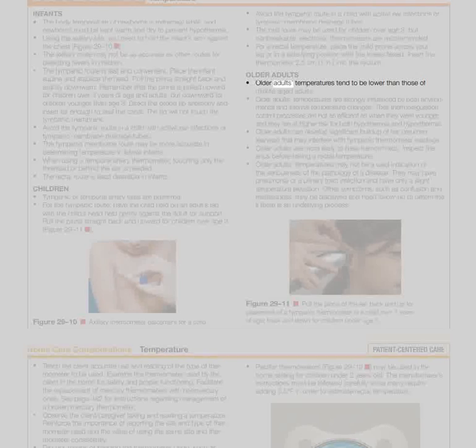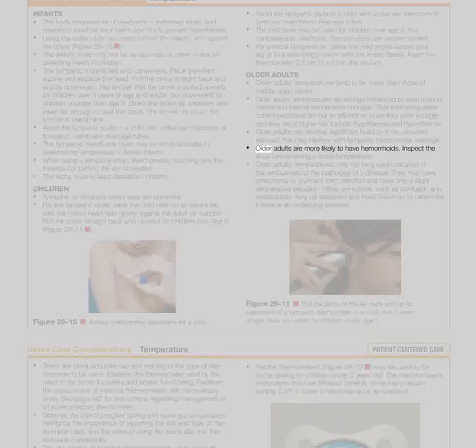Older adults' temperatures tend to be lower than those of middle-aged adults. Older adults' temperatures are strongly influenced by both environmental and internal temperature changes. Their thermoregulation control processes are not as efficient as when they were younger, and they are at higher risk for both hypothermia and hyperthermia. Older adults can develop significant buildup of ear cerumen, earwax, that may interfere with tympanic thermometer